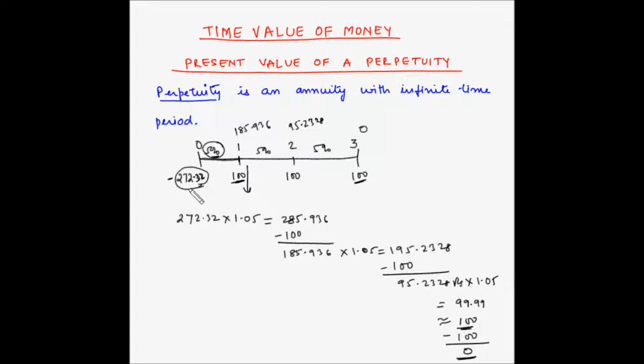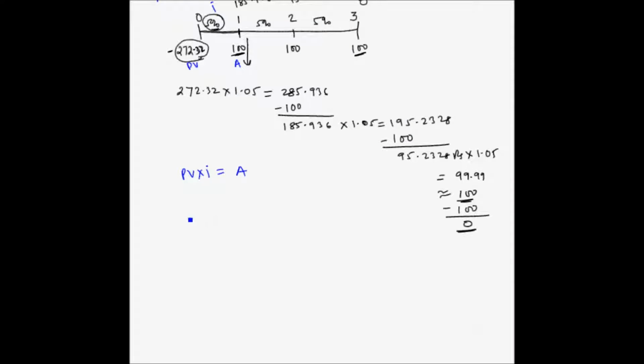So if this is present value, if this is I and this is the annuity amount, then PV into I should be equal to A. In other words,